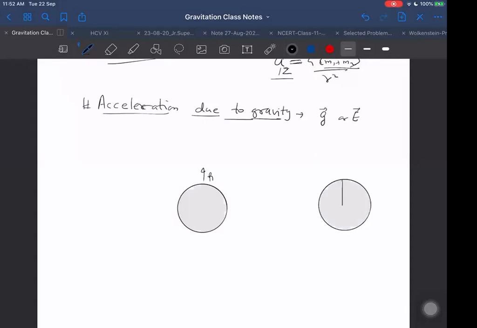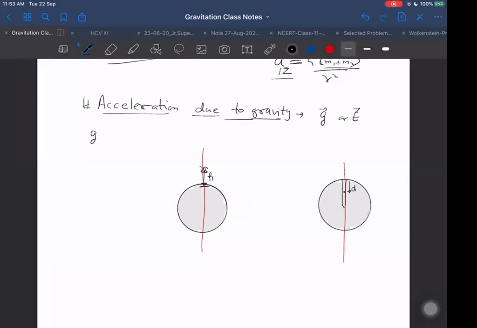So let us say I am digging a tunnel inside and I am going to a depth d. Which kind of Earth are we assuming here? Our Earth is non-rotating, stationary Earth, without any other planet nearby, no other sun nearby. When we are discussing this, we are assuming that there is no other gravitational influence, only the influence due to Earth, and that also is not rotating. Because if it rotates, then there will be centrifugal forces, etc. that we have to take into account. For the time being, forget rotation.